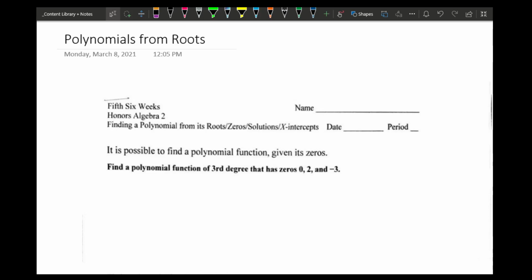So today, the first part is going to be finding a polynomial function based on its roots. This is not something that's new for you guys. It's a backwards application of something you already learned how to do. Honestly, probably in Algebra 1. Hopefully in Algebra 1. Okay. So